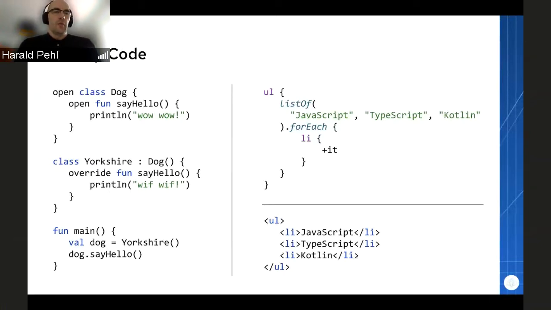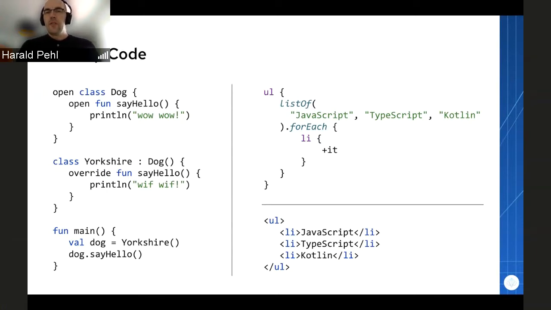And it looks similar to what you maybe are used to from JavaScript, but compared to JavaScript, it's statically typed, so you always know what kind of type you are working with.